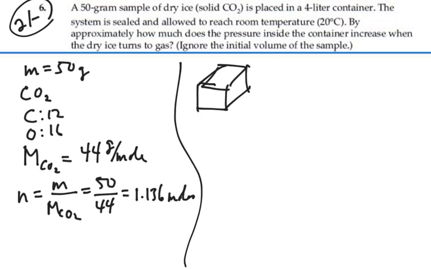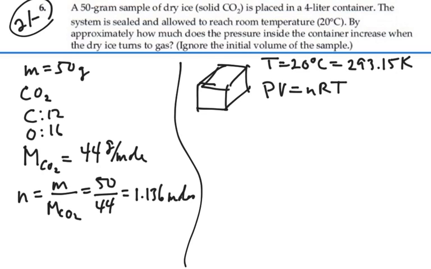Alright, we note that our temperature is 20 degrees Celsius, so that's going to be 293.15 Kelvin. And we know from the ideal gas law that PV equals nRT. So let's find this pressure due to this gas. That's going to be equal to nRT divided by V. So that will be, we have 1.136